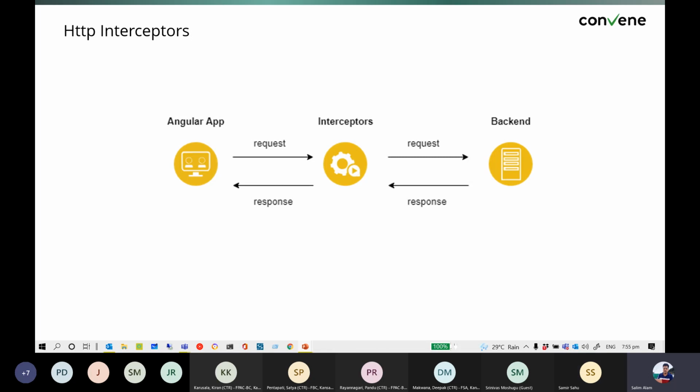And whenever we get a response from our backend, we can use other interceptors, and we can change or tap into that API call, and then send that response back to our services. So I'll quickly create